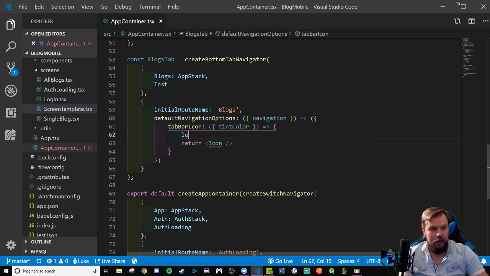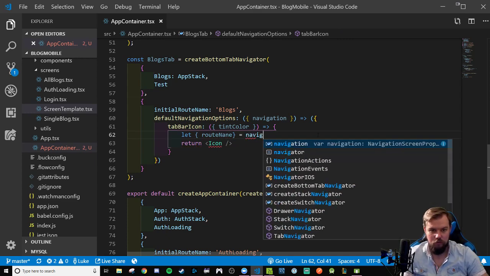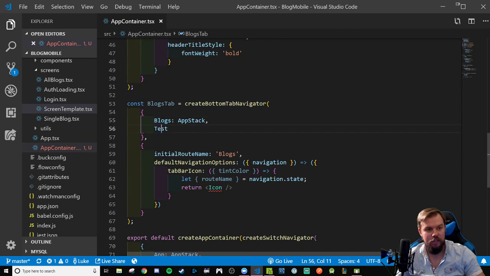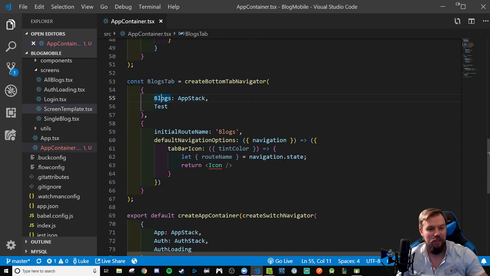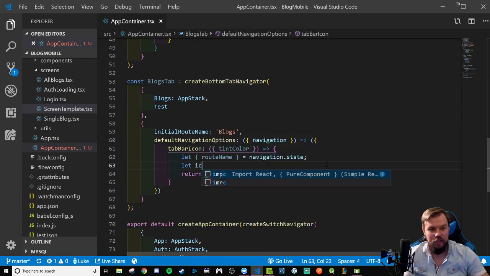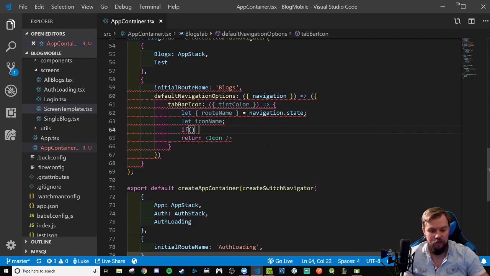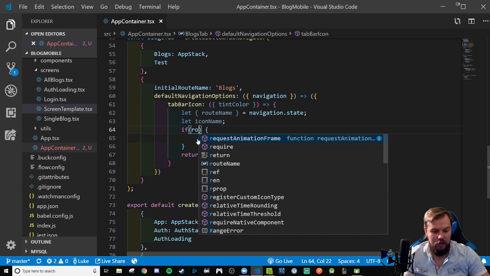So we're going to do a let. We're going to have to pull our route name property off of navigation.state. And that route name will come from blogs and test. And this is how we can test what screen we're currently on, or what tab we're on currently. And with that information, I can set some kind of icon name variable to be a blank variable at the moment. And we can wire up some kind of if statement here, where we can say if the route name